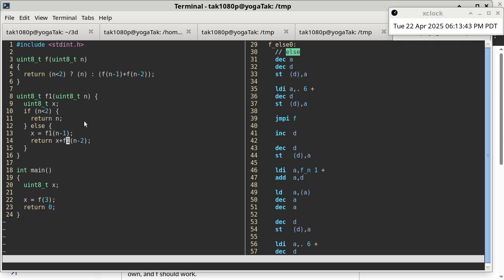Okay, but it has an explicit local variable x to store the return value of f of n minus 1, then later on retrieve that and add it to the return value of f of n minus 2. Is that okay? So we don't need this trick here if I were to implement F1 because the extra byte to store the return value of f of n minus 1 is now explicit as a local variable. But guess what? In the end, it's doing exactly the same thing